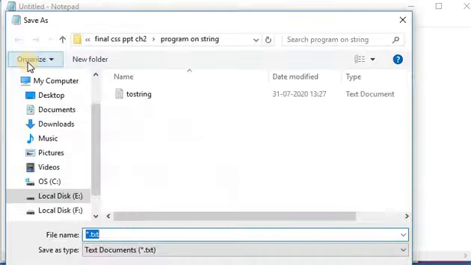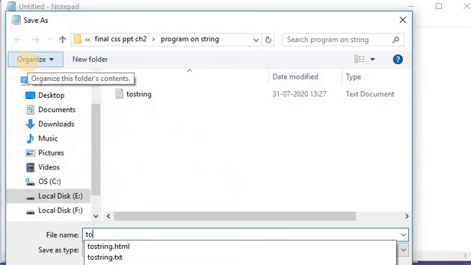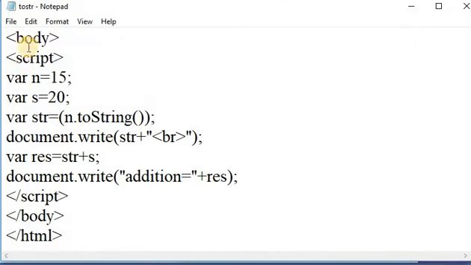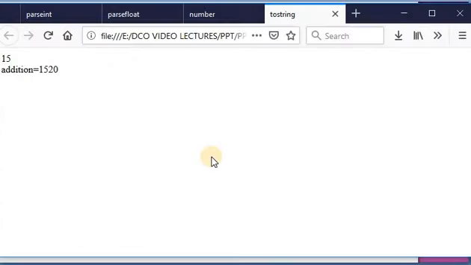Save this file as str.html and see the output of this program. This is the output of our program. 15 is the number converted to a string, and because 15 is a string, it returns 15 plus 20, so it returns 1520. It concatenates; the addition is concatenation.